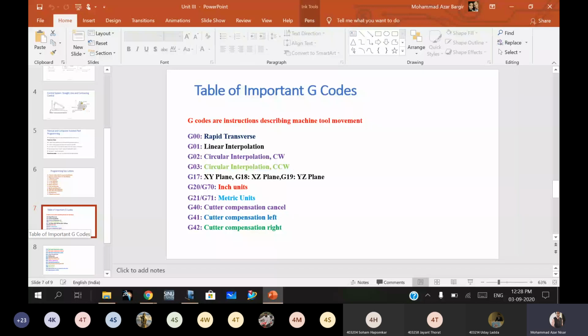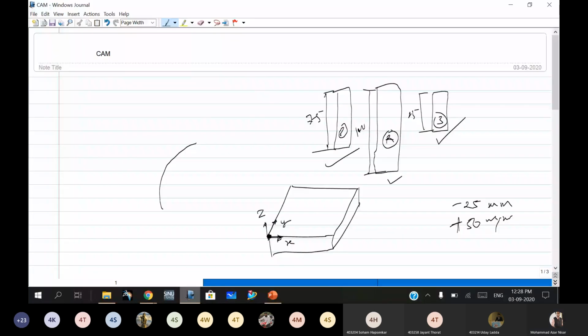Okay, I will rub this. G00 is used for rapid traverse.